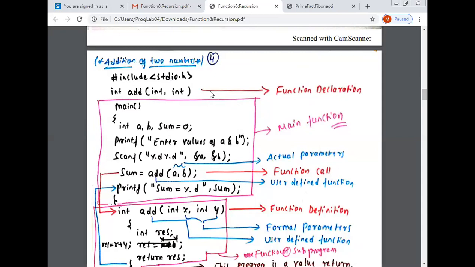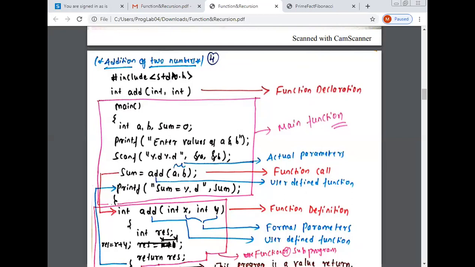But here you are writing addition of two numbers by using a user defined function. Now check this example, then you can understand the meaning of function.